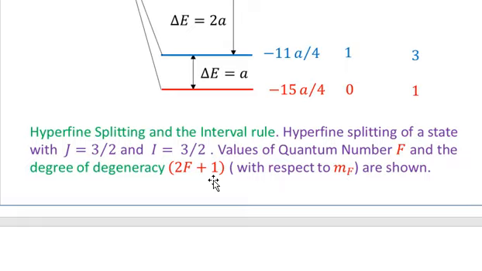So 2F plus 1 is actually the degeneracy. And you see that degeneracy means that these levels are 2F plus 1 times degenerate. And this degeneracy of these levels will be lifted when you apply an external magnetic field to the atom. In that case,